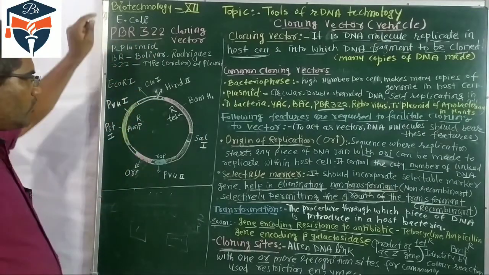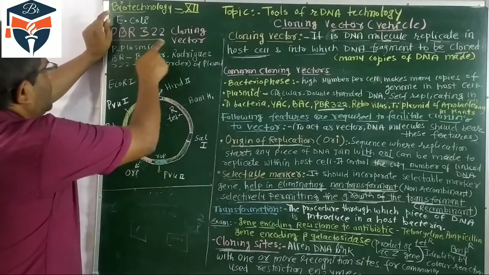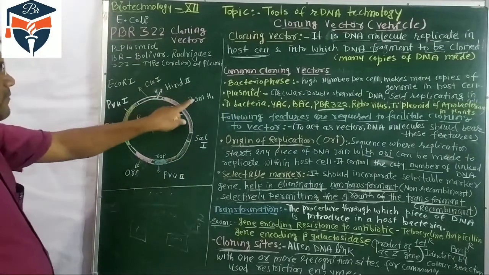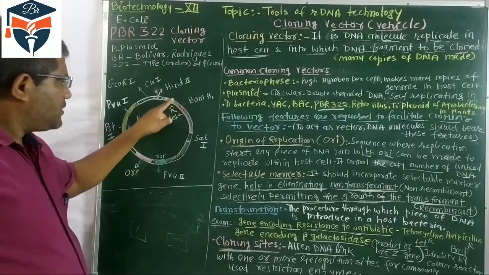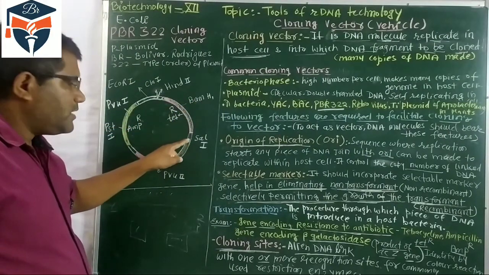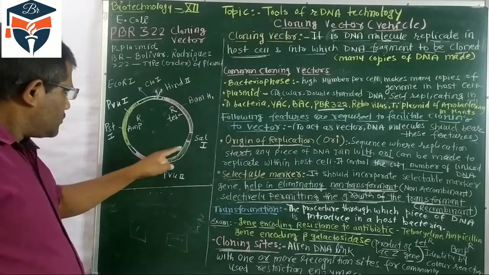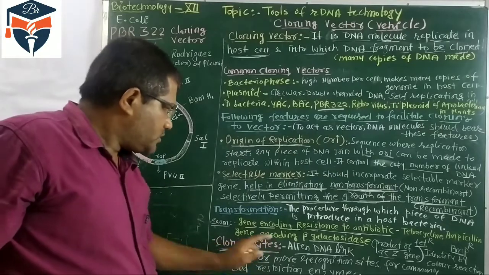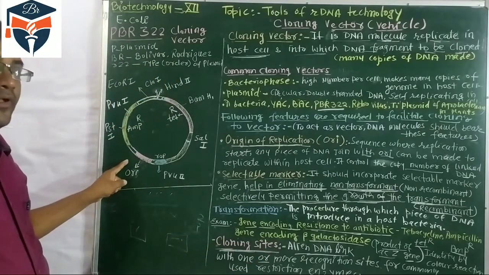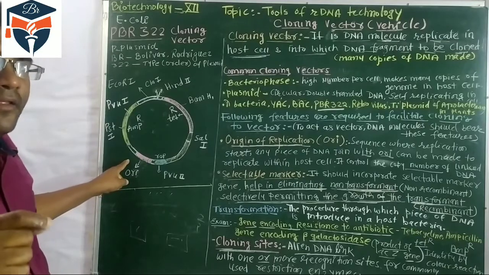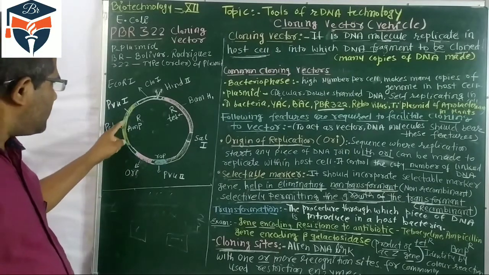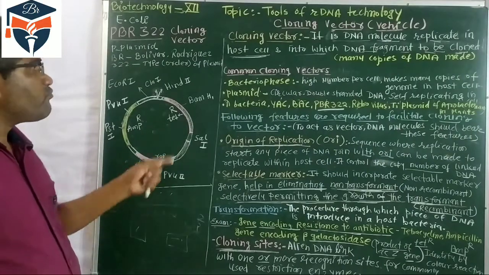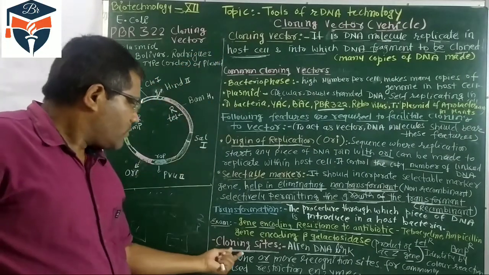So what is a cloning site? See, in pBR322 many sites are there. The BamHI site, where the BamHI enzyme acts, is one site. SalI is another site. So there are many sites and these are called cloning sites. But ORI is the one site where, when the DNA is joined, it gets replicated. On the other sites, the DNA does not replicate. So first we understand the cloning vector should have a cloning site.